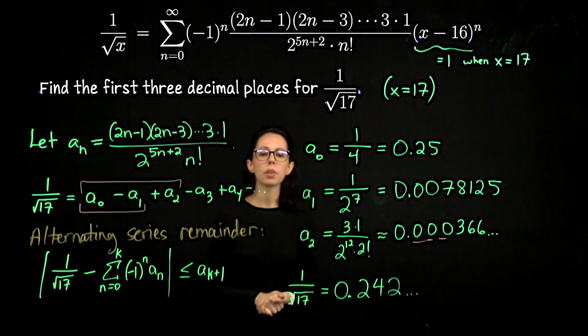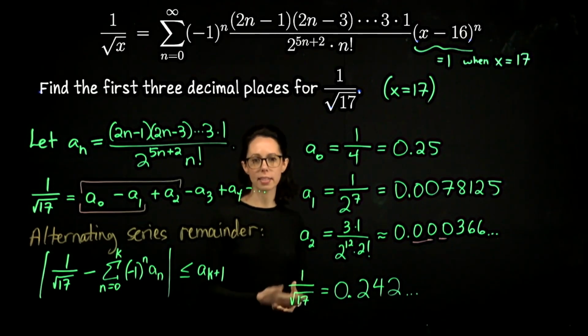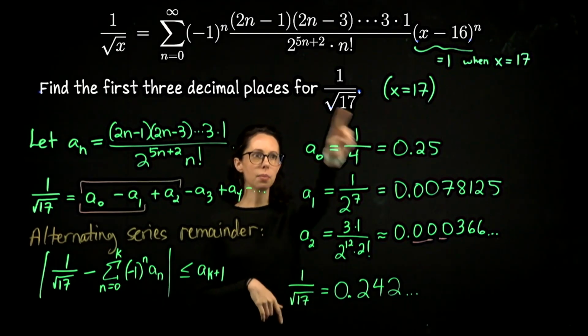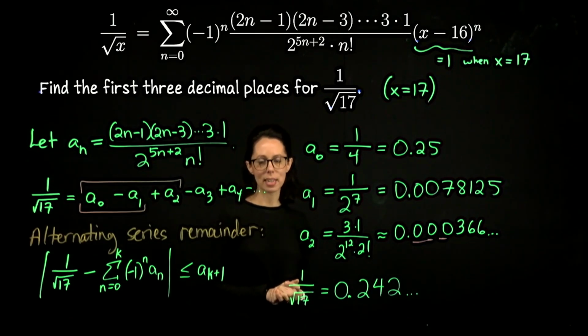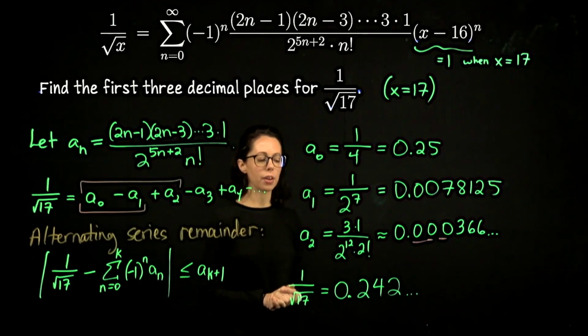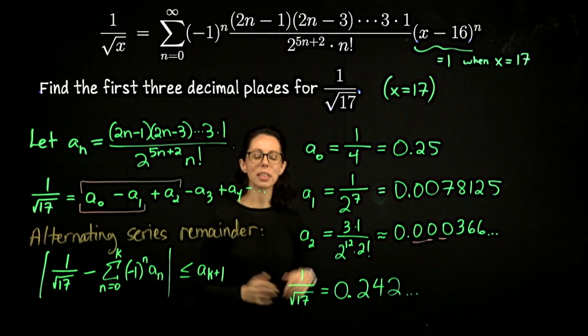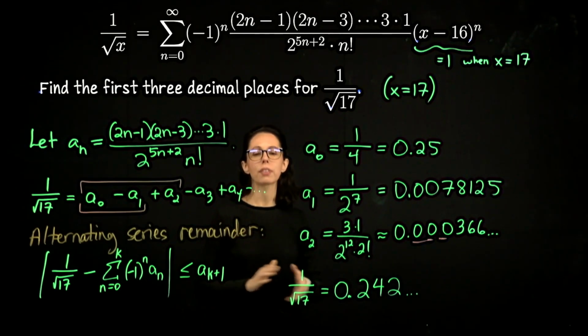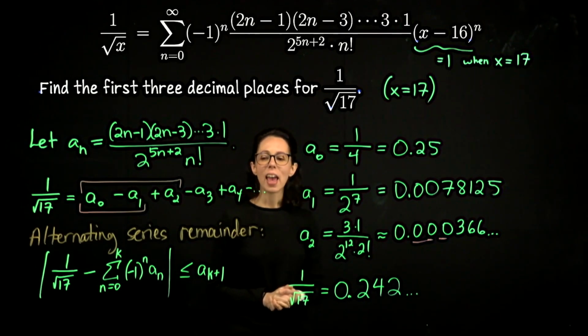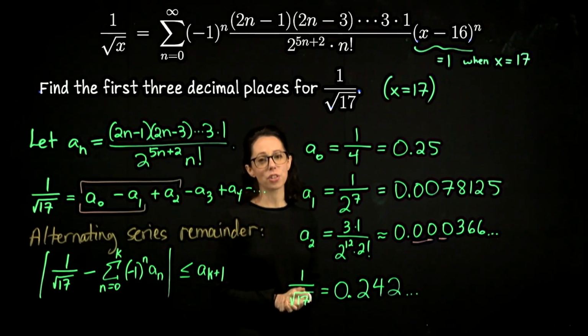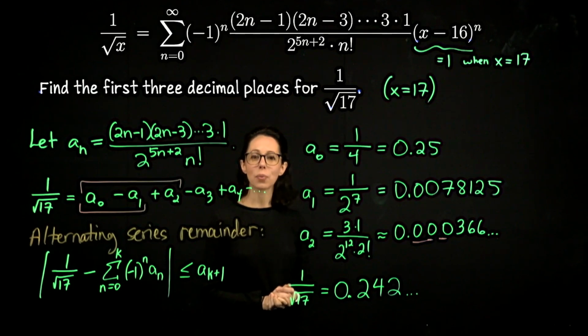Okay, so this was an example of using a power series in order to estimate a quantity, in this case, to estimate 1 over the square root of 17. In the next few videos, we will work through Taylor series computations for some famous functions. So we'll see natural log, e to the x, some trig functions, expressions like that. And you might find them actually a little nicer to work with than 1 over the square root of x like we did in this example.